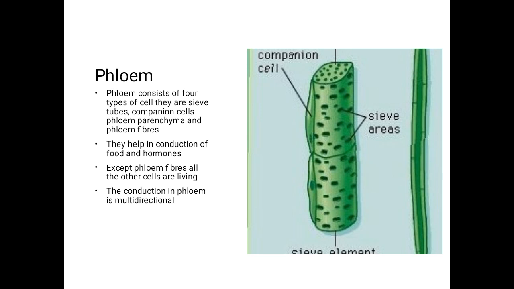So today what did we learn? Complex permanent tissues. What are the two different types of complex permanent tissues? Why are they known as complex permanent tissues? Because they are made up of more than one type of cells. What are the main types of complex permanent tissues? Xylem and phloem. You understood the differences now, and what the cells in them are. Is it clear? So these are xylem and phloem. They are also known as conducting tissues.